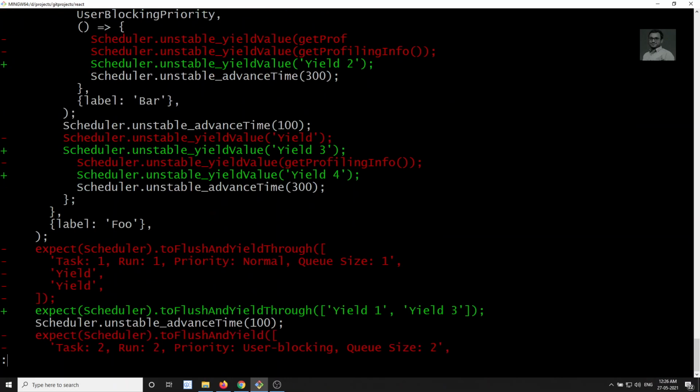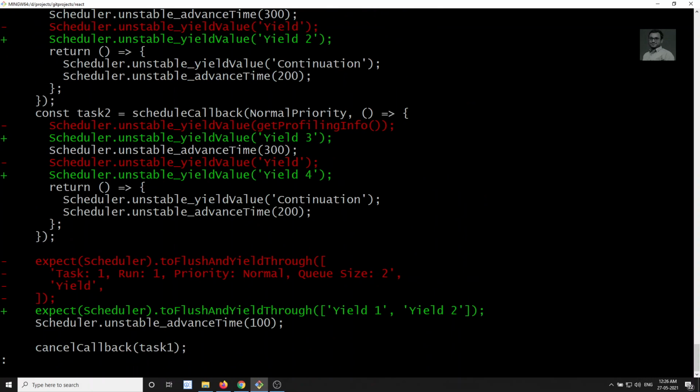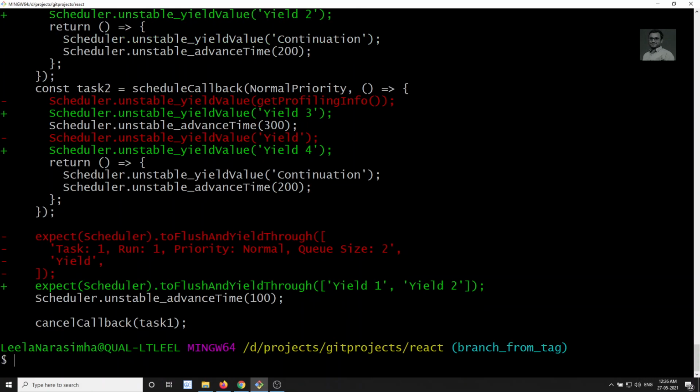In this way we can check the difference between two tags, and see what files have been changed between the two tags. This is how we do all this navigation in the tags. If you want to view the tags, you can use the git tag command. If you want to use a search pattern, git tag -l, and you can give the wildcard entry, star beta star, something like that.